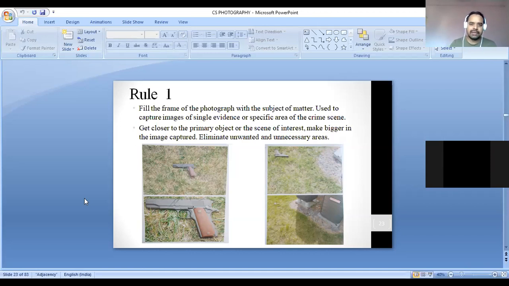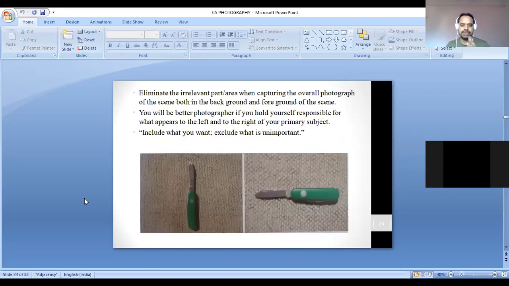After that, suppose this is your second example. In this, if you talk about filling the frame, the advantage of filling the frame is that when you fill the frame,